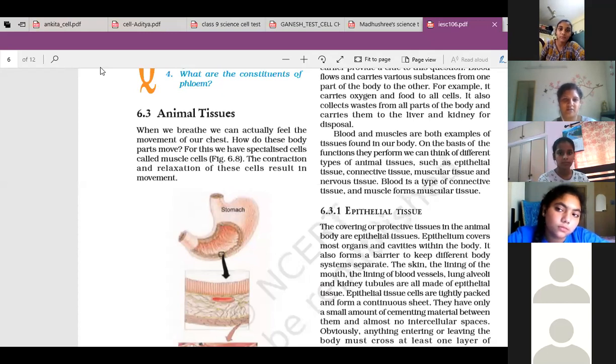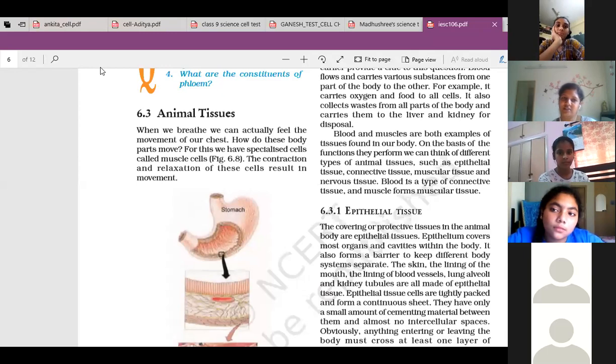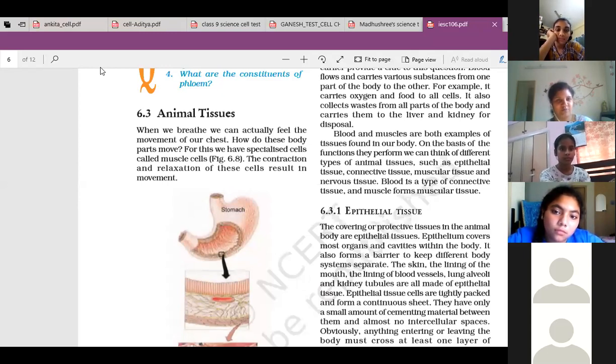So there are 4 types of them, but inside that, there is again bifurcation. 4 to 5 types of epithelial tissues are present. 6 types of connective tissues you have to learn. 3 types of muscular tissues, and a 3-mark question is always asked on muscular tissues: differentiate between the different types of muscular tissues according to location, function, and structure. This question is a permanent question of every exam, and with a diagram of muscle tissues that you have to draw.